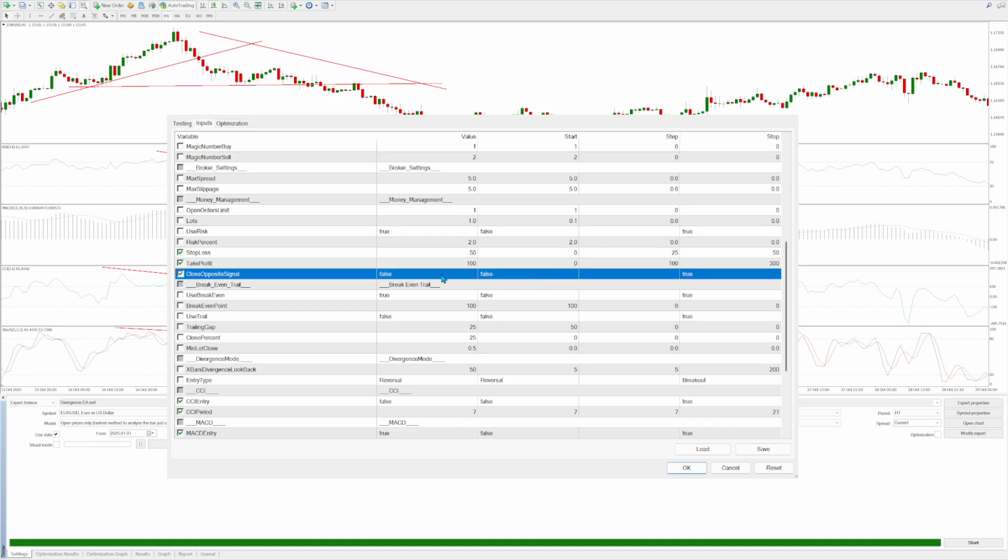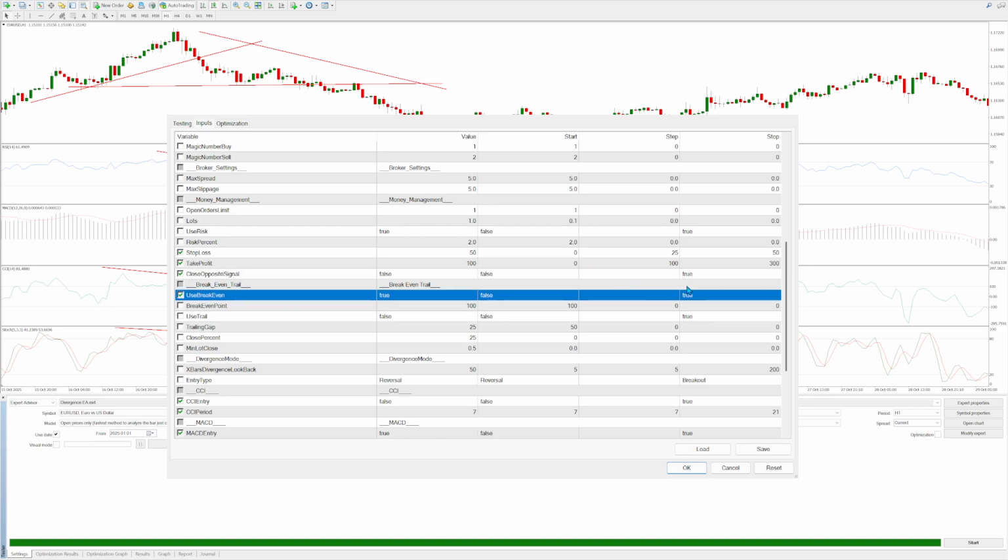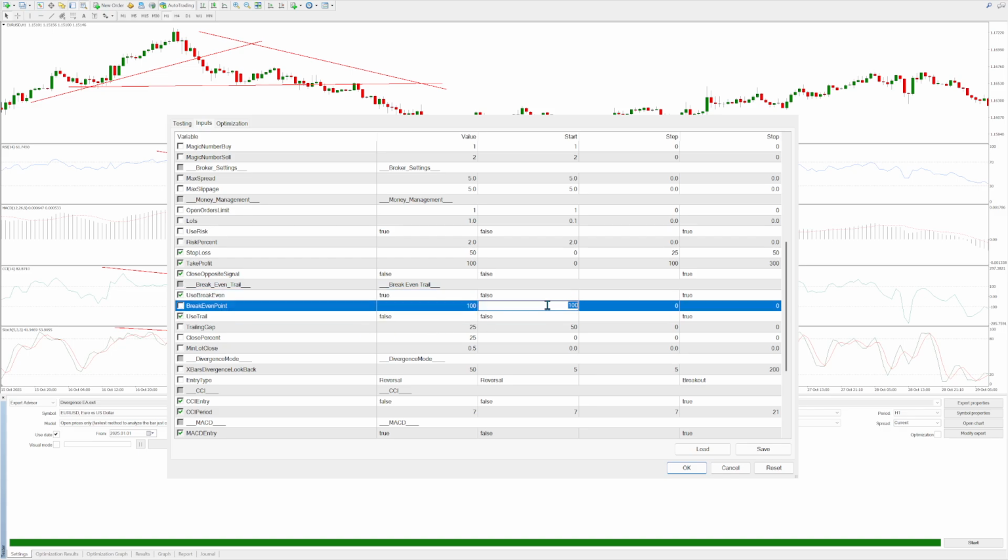Close on opposite signal, true or false. If there's an opposite signal, the EA can close the trade. We'll optimize that. Break even, true or false, we'll optimize that. Trailing stop, we'll optimize that. For the break even point, I think we'll start at 25, we'll step at 25 and we'll stop at 50